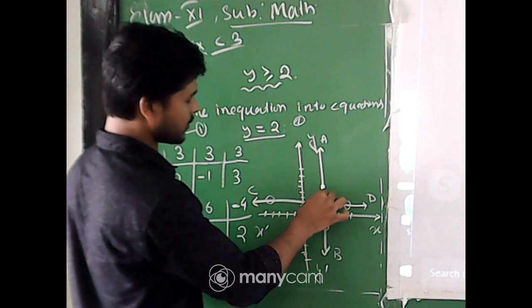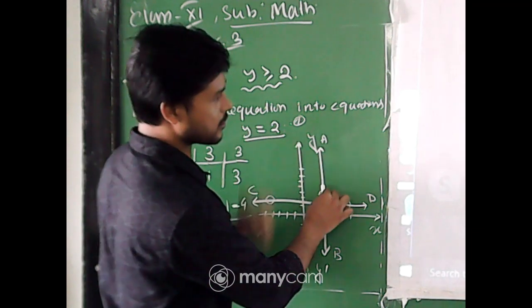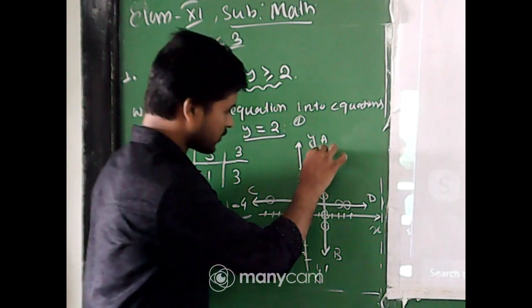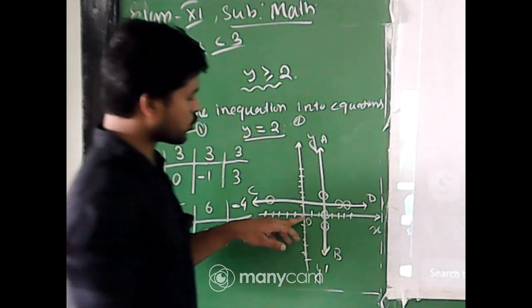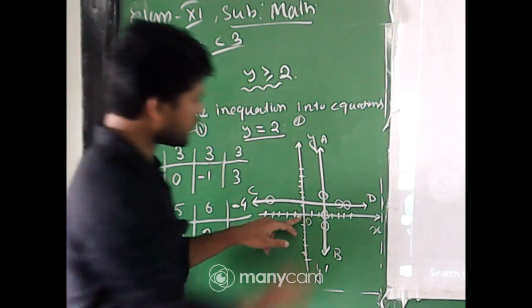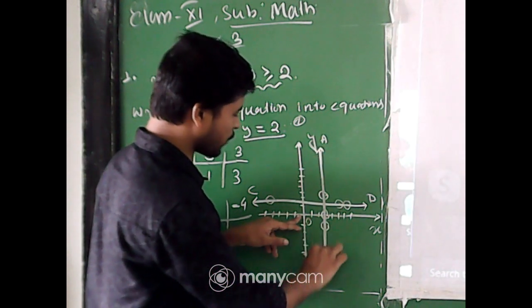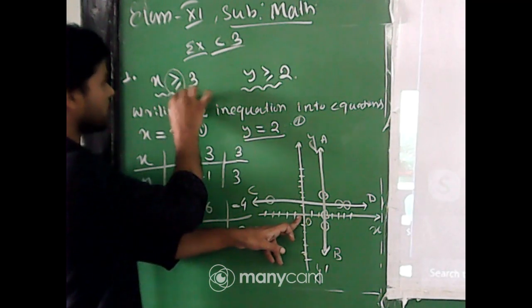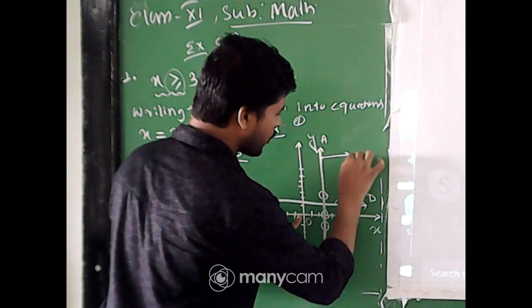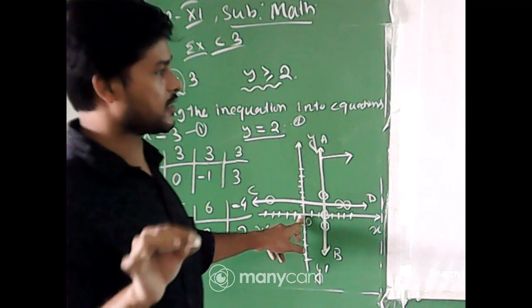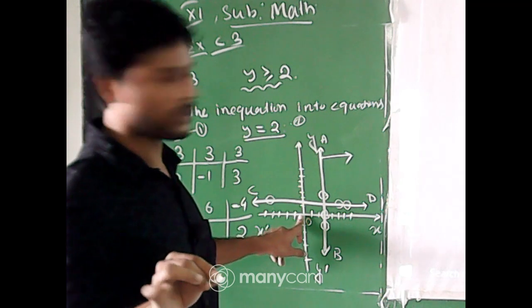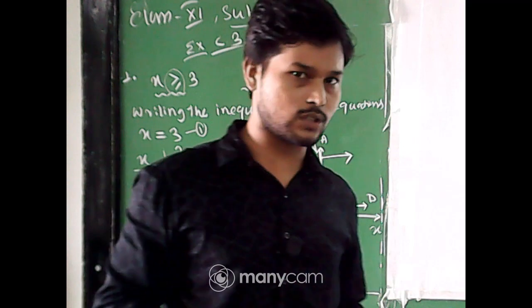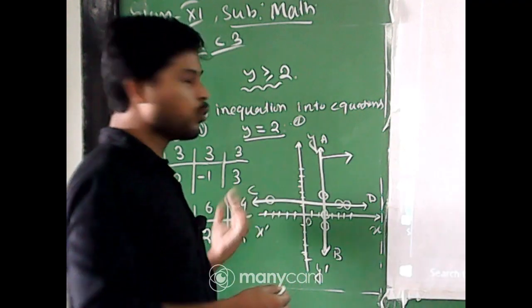In which direction will the value of x increase? Look, it has two procedures. Number one, if the line does not pass through the origin. So this is the origin, and the line AB is obviously not passing through the origin. Then if it is a greater than sign, the region will be away from the origin. And if it is less than 0, then the arrow will be towards the origin.